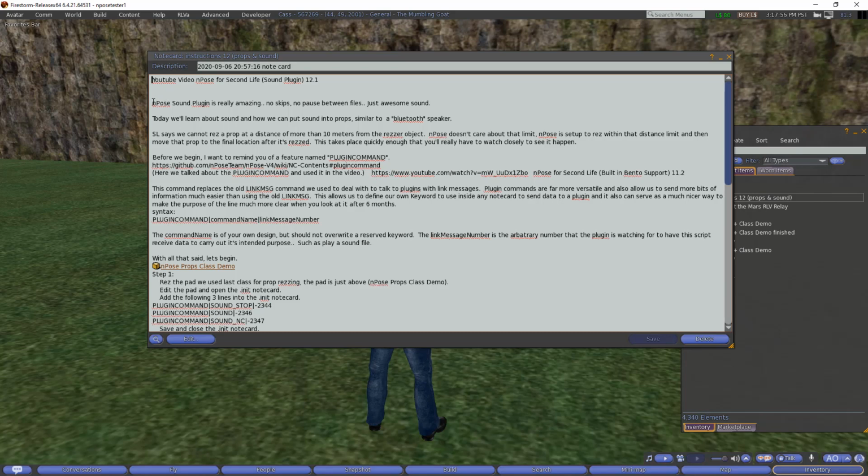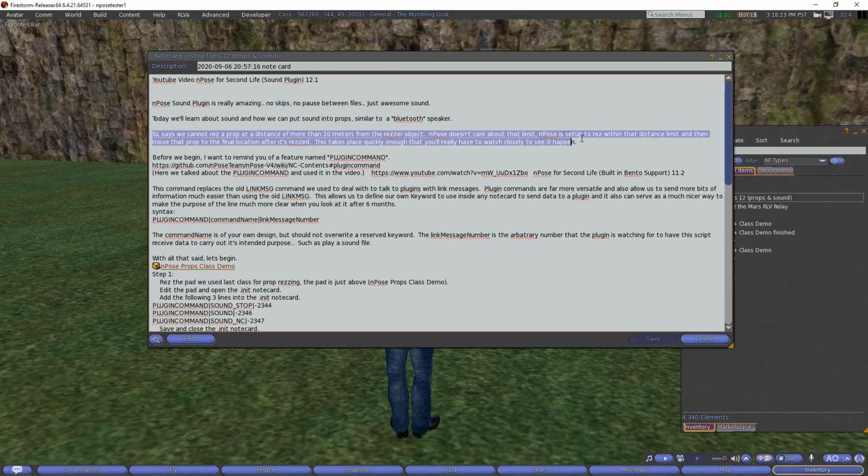Okay, here's our little introductory stuff, and it says nPose sound plugin is really amazing. No skips, no pauses between files, just awesome sound. And today we're going to figure out how to use a prop to play the sound like a speaker, similar to a Bluetooth speaker or what have you. I don't know why I put this in here, but this is pretty interesting. Anyway,